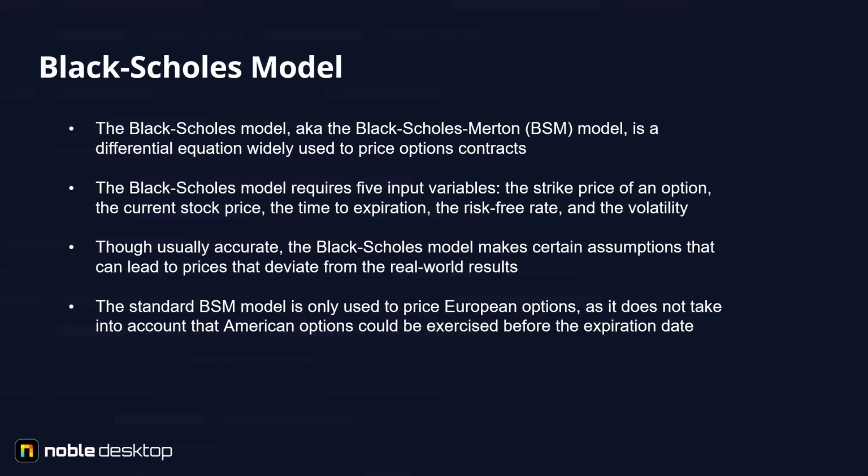The Black-Scholes equation requires 5 variables. These inputs are volatility, the price of the underlying asset, the strike price of the option, the time until expiration of the option, and the risk-free interest rate. With these variables, it is theoretically possible for options sellers to set rational prices for the options that they are selling. Furthermore, the model predicts that the price of heavily traded assets follows a geometric Brownian motion with constant drift